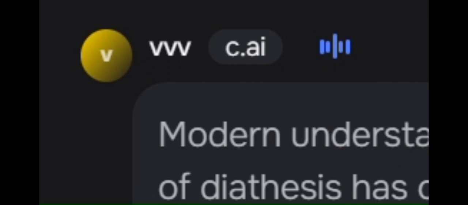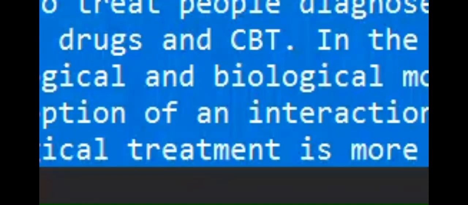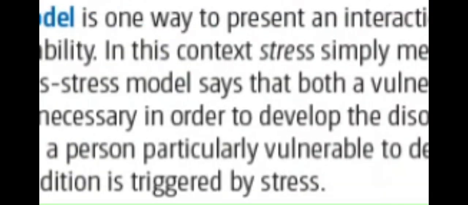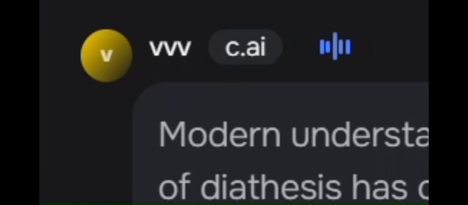John Read et al. 2001 proposed a neurodevelopmental model in which early trauma alters the developing brain. Early and severe enough trauma can seriously affect many aspects of brain development. For example, the hypothalamic pituitary adrenal, HPA, system can become overactive, making a person much more vulnerable to later stress.